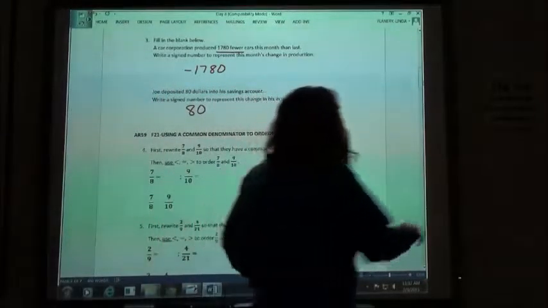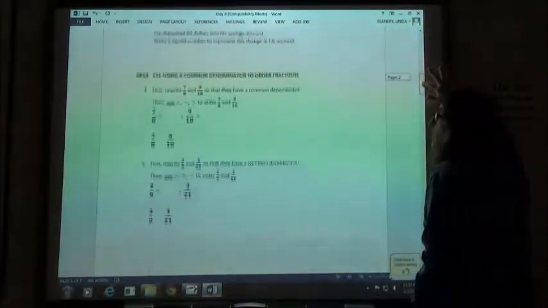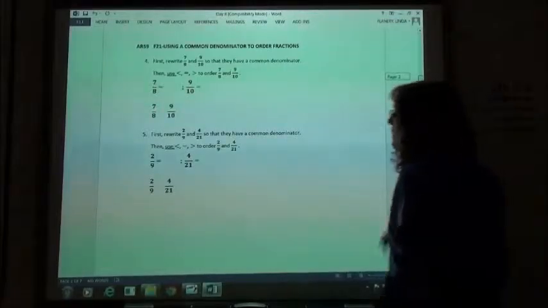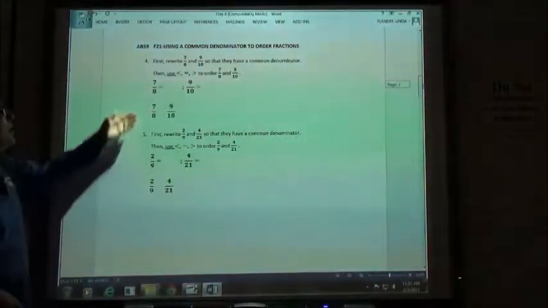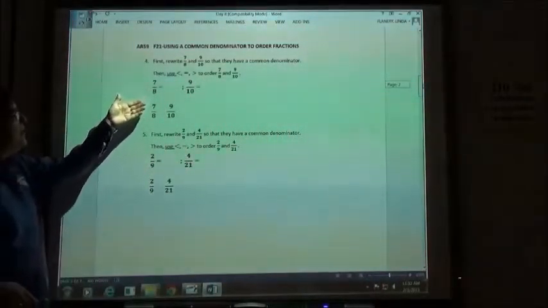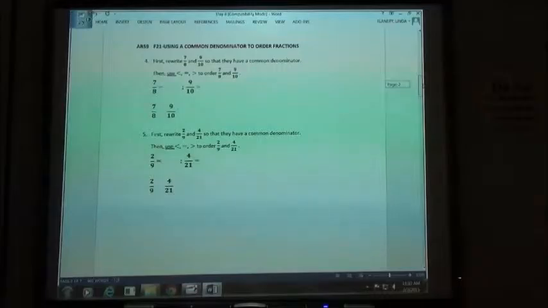Number 4, 5 and 6. We are going to find a common denominator in order to order our fractions. What we want to know is, is 7/8 greater than or less than 9/10? You might know already, but in case you don't, what you would do is you'd find your common denominator